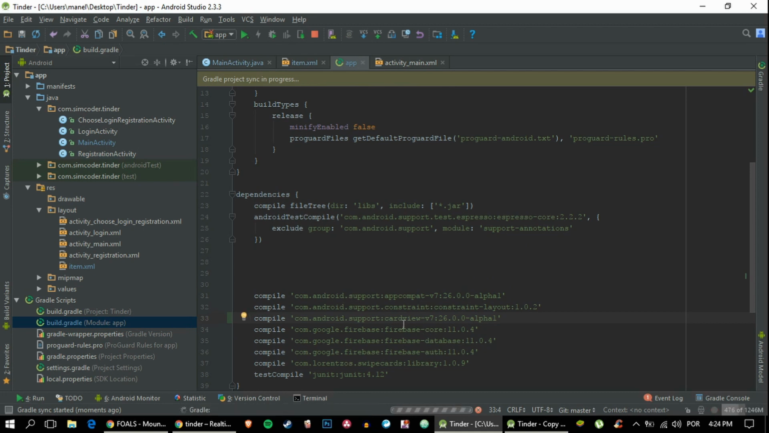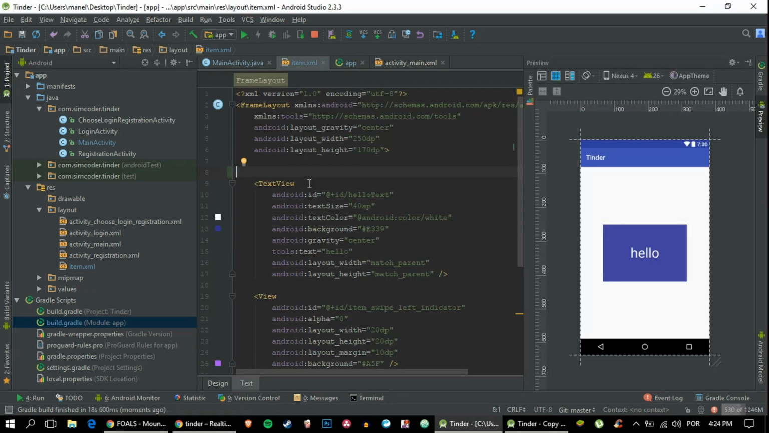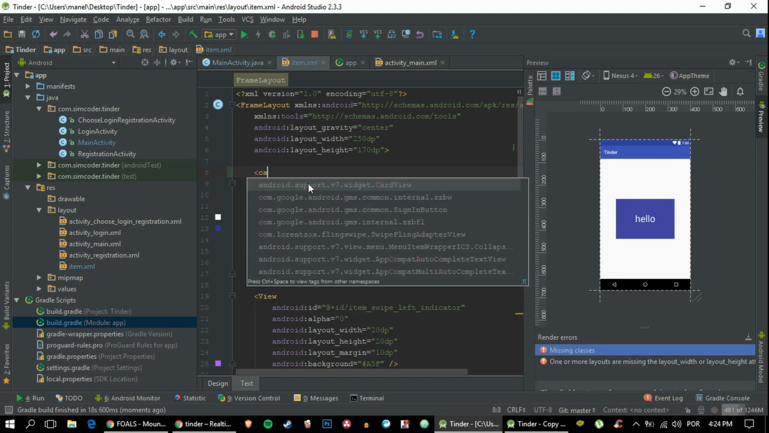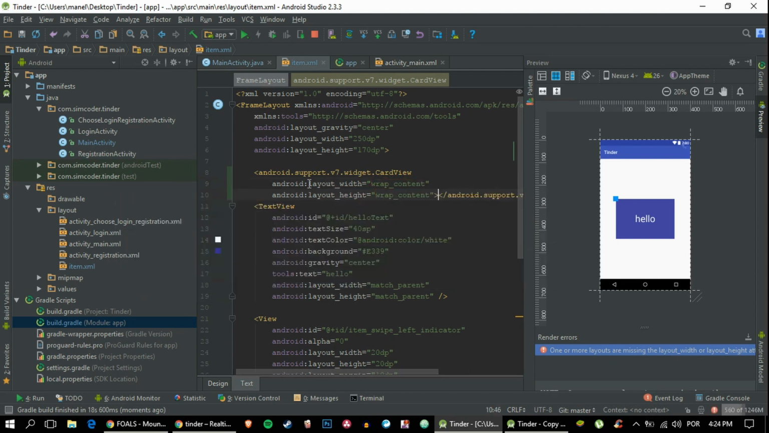This card view is something we use a lot in Android because it looks nice. You divide each segment with a card, which is basically what Tinder does. I believe they use card views because they look extremely similar, unless they actually develop their own, which I don't believe, because that's a waste of time. So make sure you paste that inside and sync the Gradle, and now we'll be able to add a card view. Here we go. So I'm going to make it wrap contents,